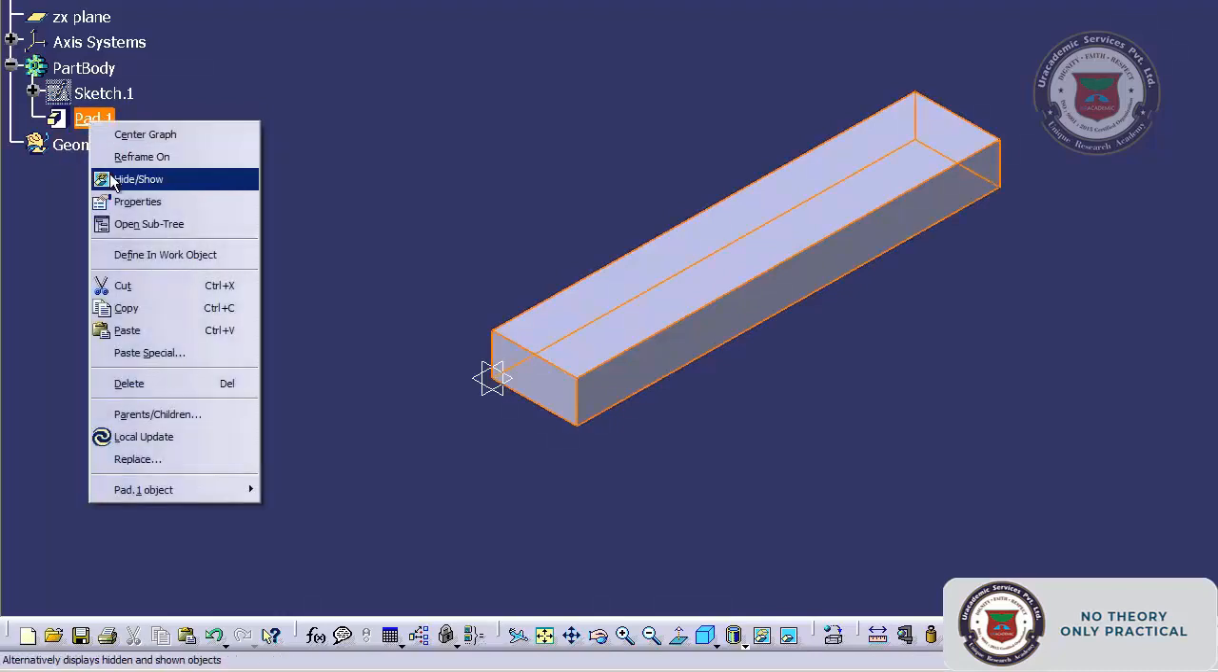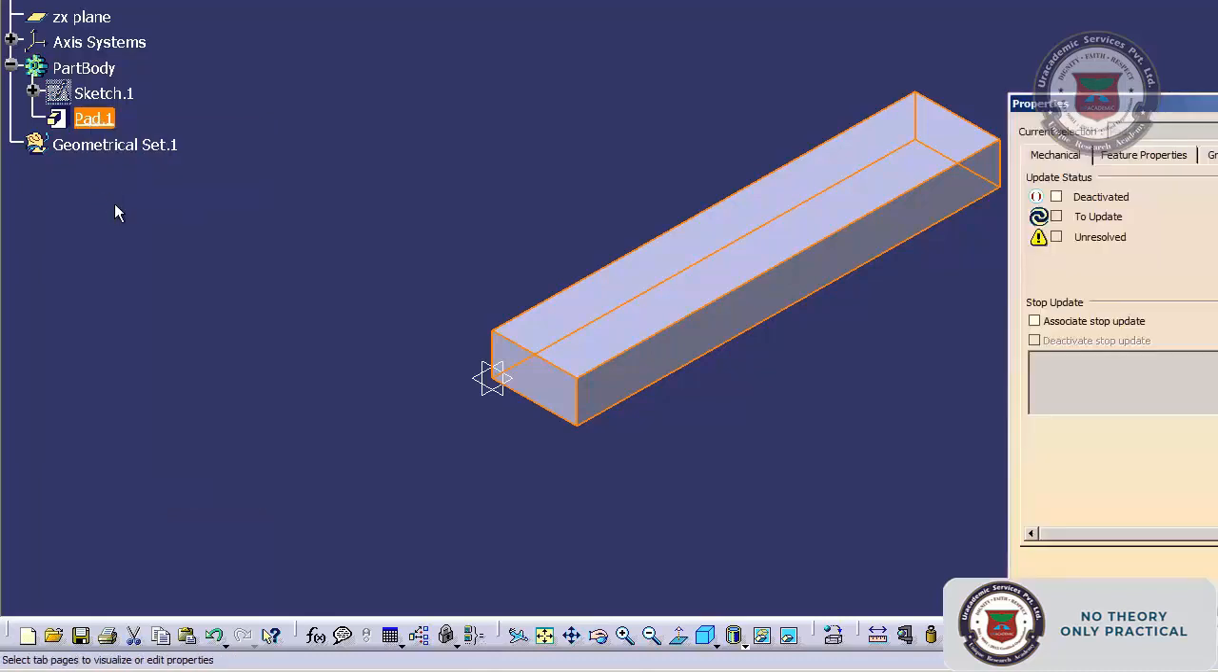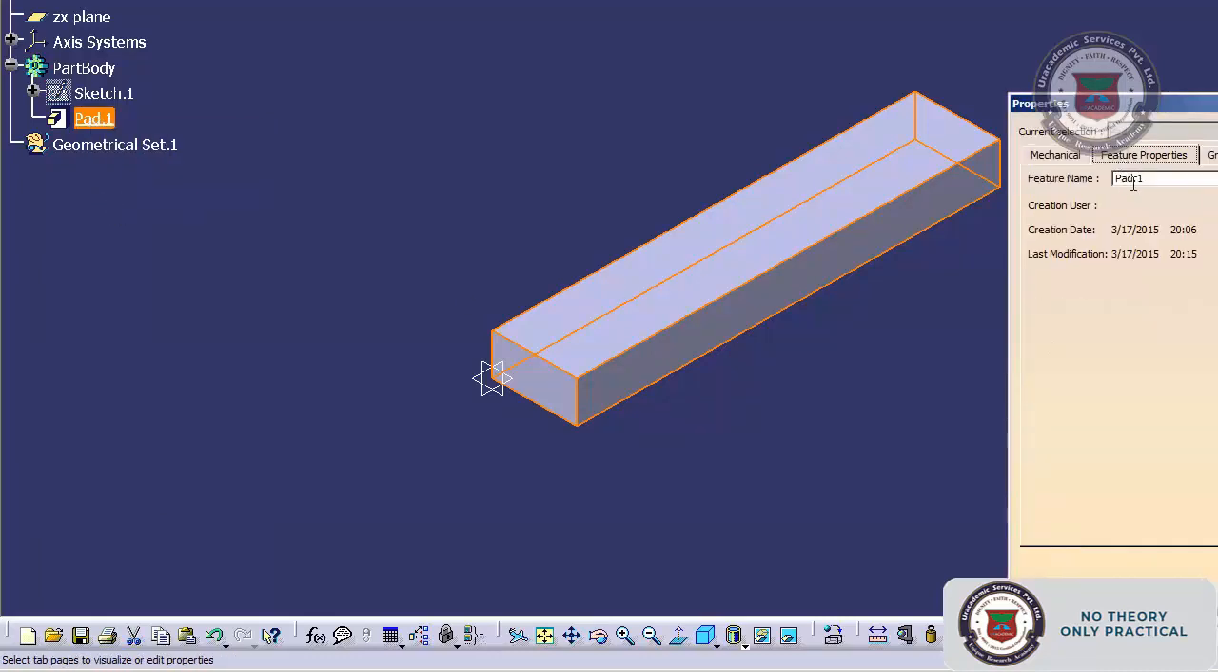Here, hide property, hidden. Properties, you will know how to select the property. Click on this. It shows feature properties. This pad, feature name is pad. If you want to give some other name, you can always give that name. You can change it